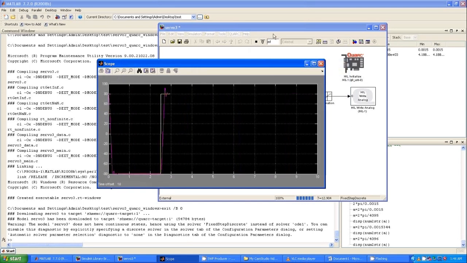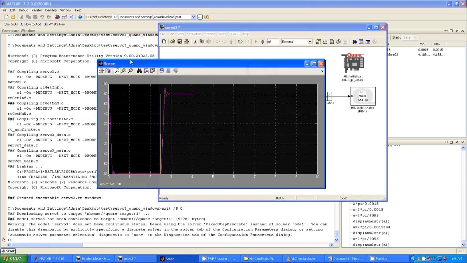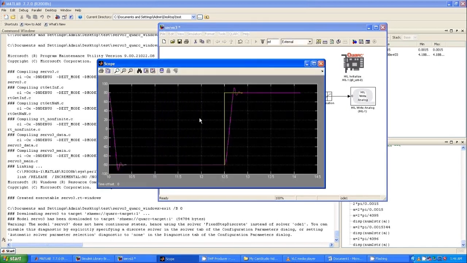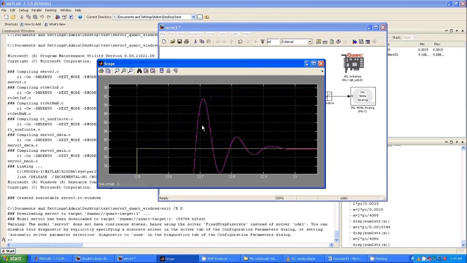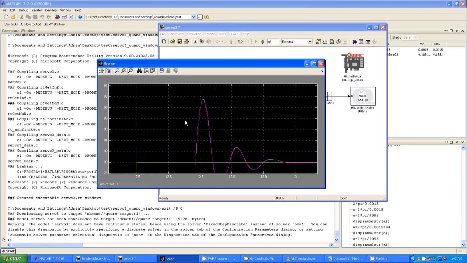Let us stop the simulation and choose any one of the steps. Let us consider this step. If you expand it, we have applied a step signal at exactly 12.5 seconds, and the system is settling within a few seconds. Now if you zoom this graph, we can find the overshoot.